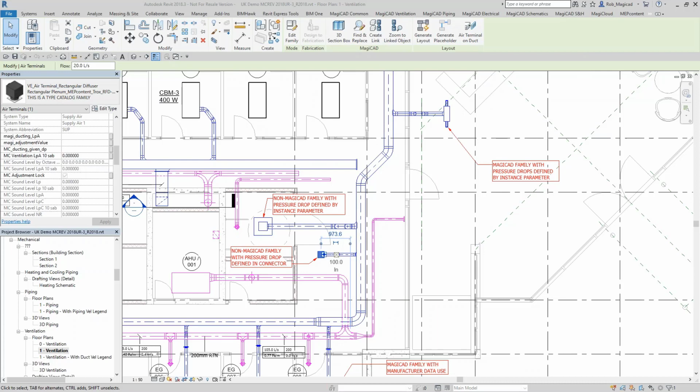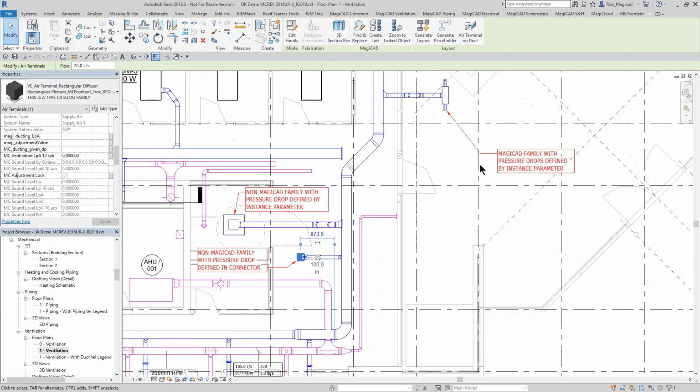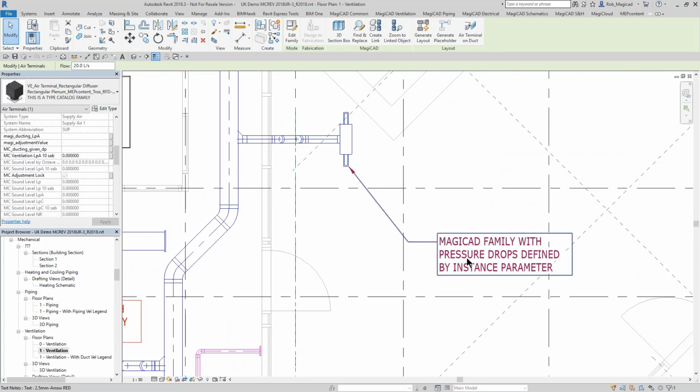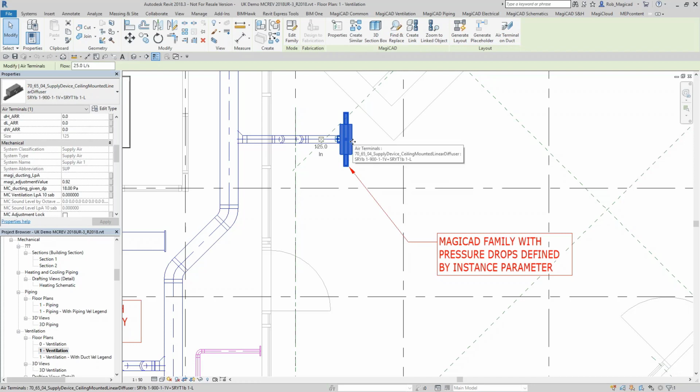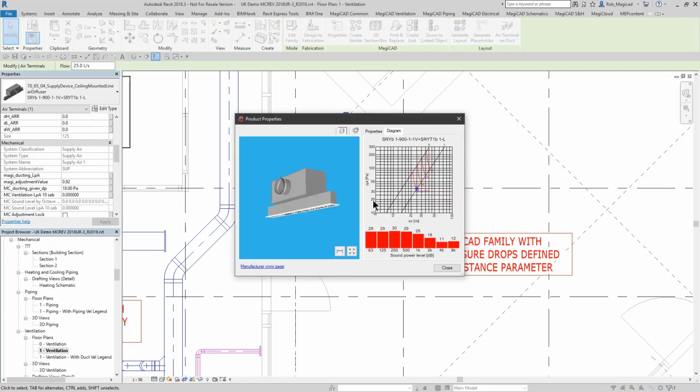You can see that I've got some examples there shown on here. So you've got the MagiCAD family with the pressure drops defined by instance parameter, and why I've defined it like that is this is actually a MagiCAD family. So we've taken it from the database, it's a manufacturer air terminal, and if you look at properties you will see that we actually have a graph, a chart, and on there you can see a flow rate against sound